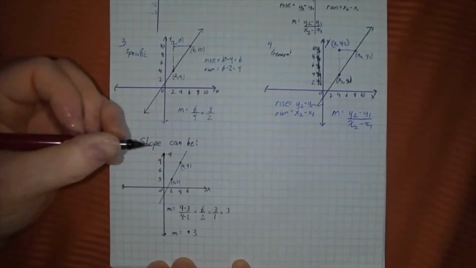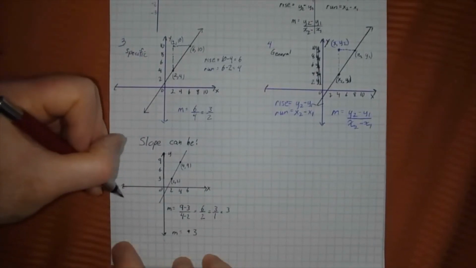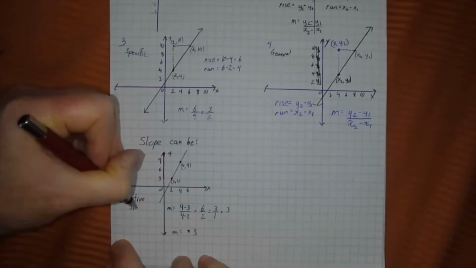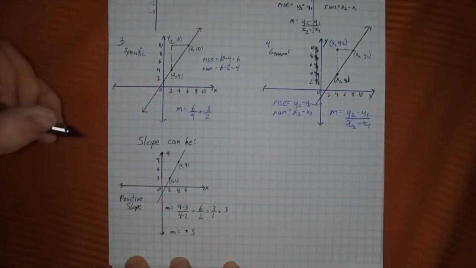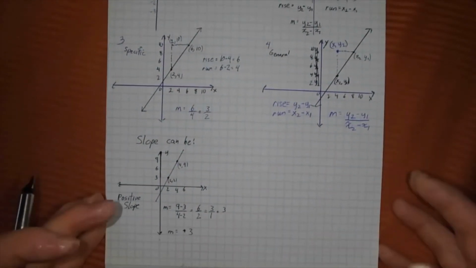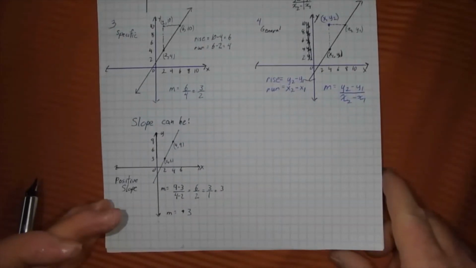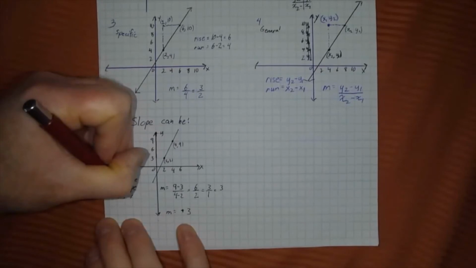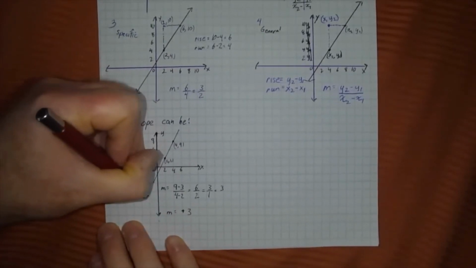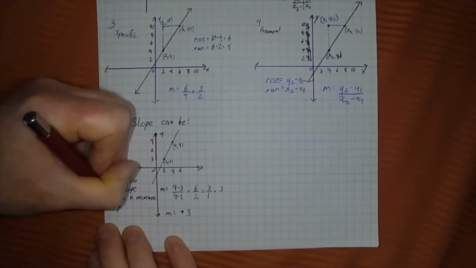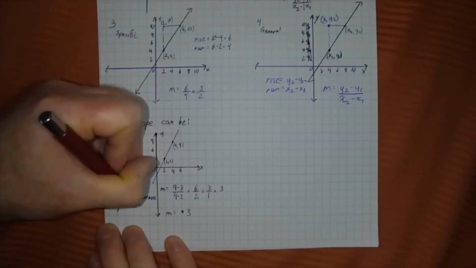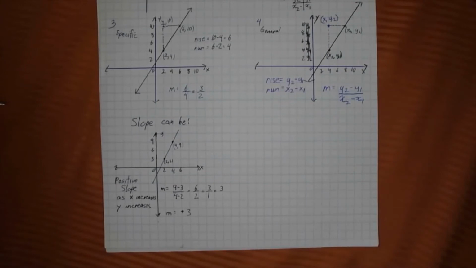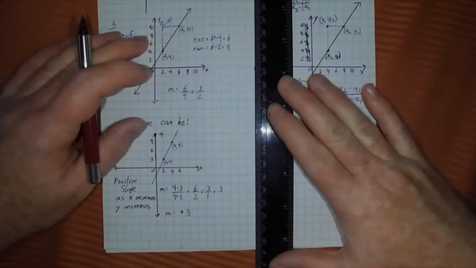Signs make a difference. Positive slope: as you move, as x increases, y increases. Additionally,